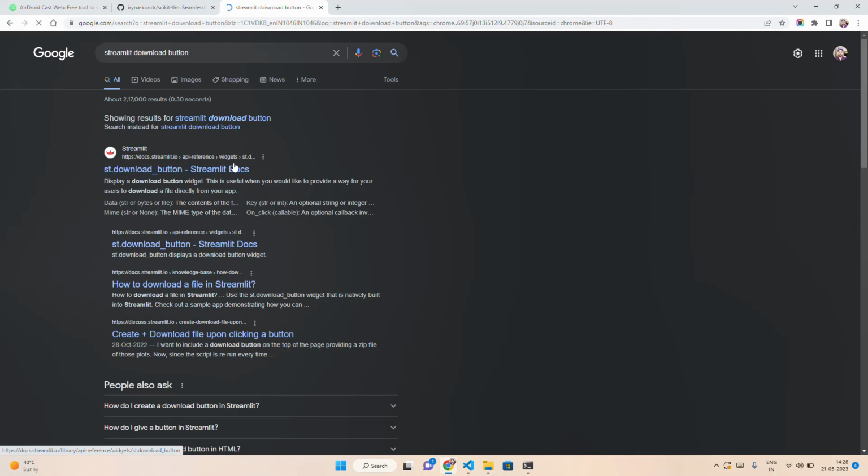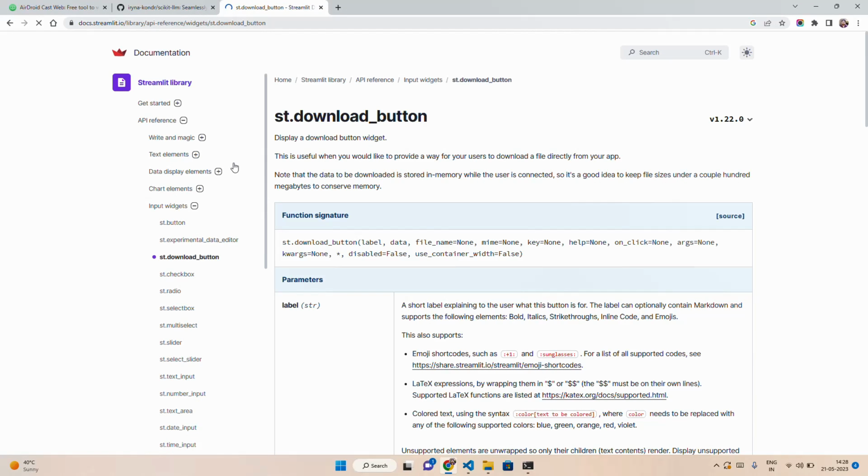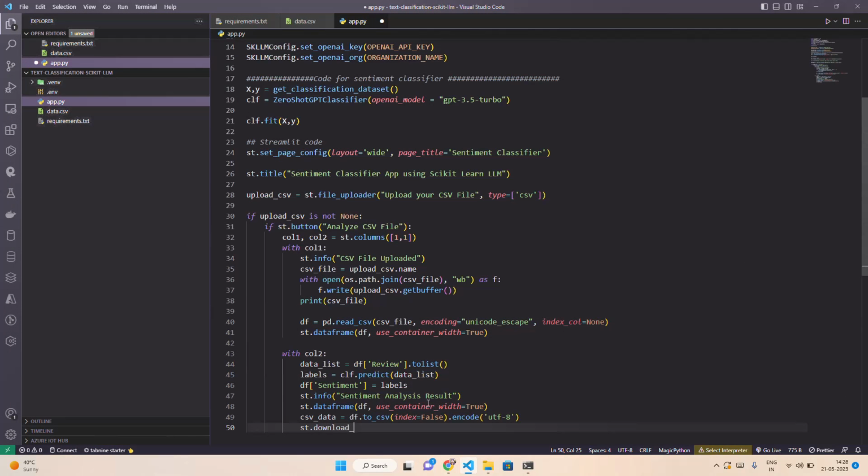I forgot the function parameter, guys. Okay, it takes a label, data, file name. Okay, fine, st.download_button. So we are going to use st.download_button. Let's have a download button, and let's give a label first. So button label, guys. Okay, so that label will be